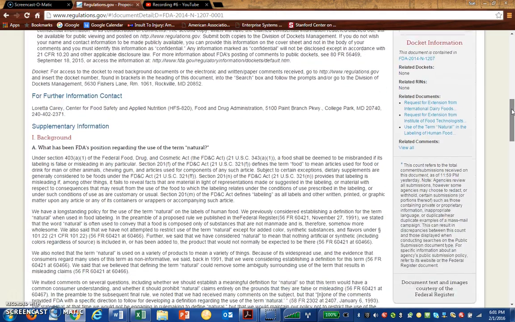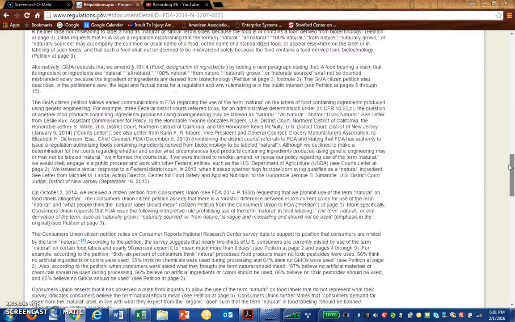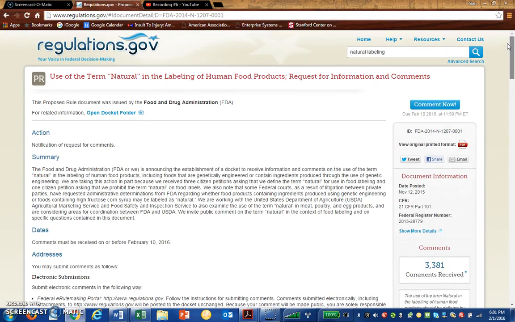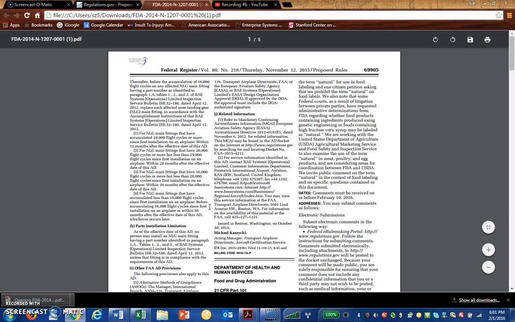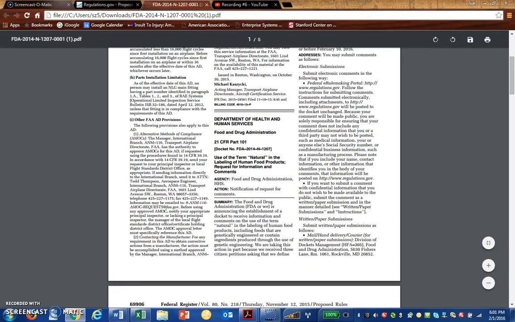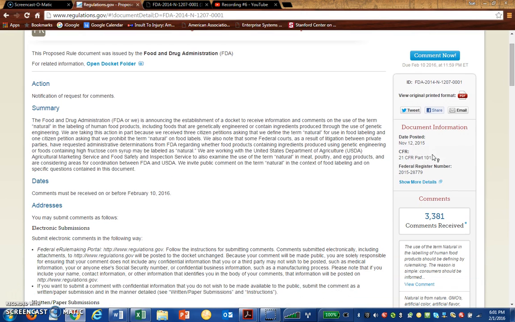And then it gives you some background. So what's the position? Where did this all come from? And you can read down further. Over here on the right-hand side, you can make your comment. You can take a look at the Federal Register publication of the proposed rule. Good for citation. You can see when it was posted, the CFR citation,